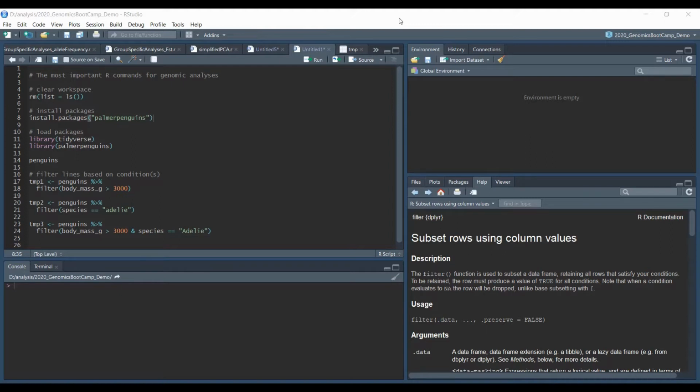This time it will be about filtering rows according to specific conditions. As before, we will need the tidyverse and Palmer Penguins packages loaded. The main star of this video is the filter function, which basically allows us to produce a subset of rows